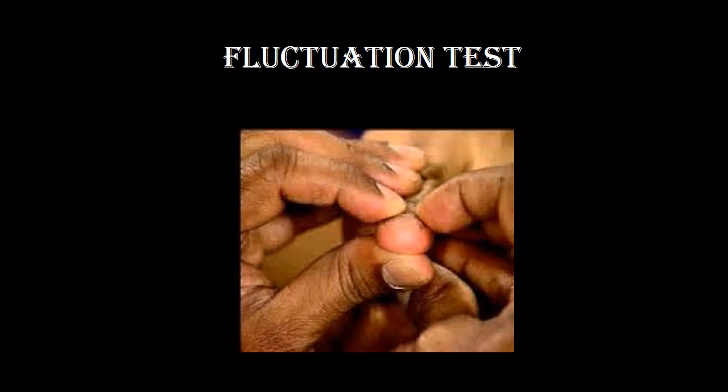Now look for the fluctuation of the nail bed. Fluctuation is due to softening of the nail bed. It is observed by gentle pressure over the base of the nail with the tip of the right index finger, while holding the patient's middle finger between the thumb and index finger of the left hand, and supporting the pulp of the finger over the pulp of the right thumb.